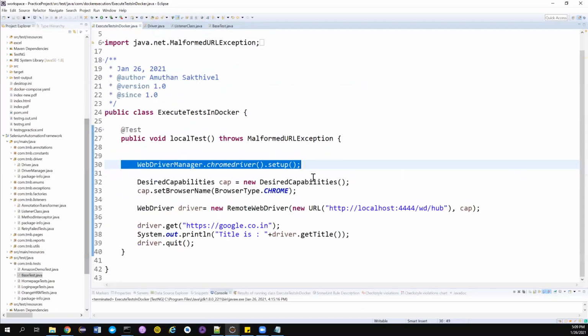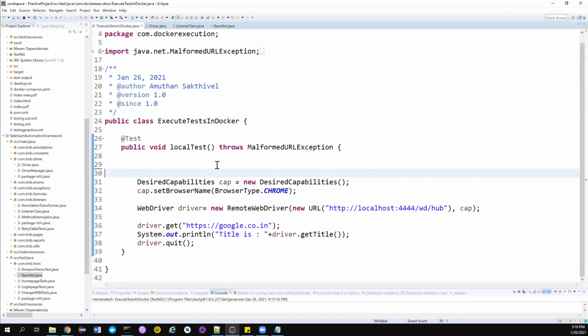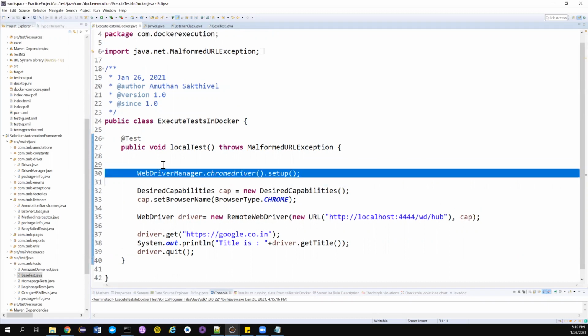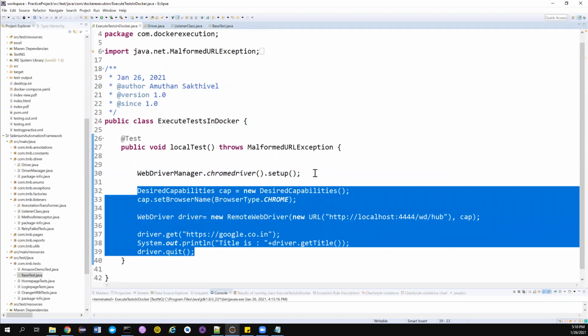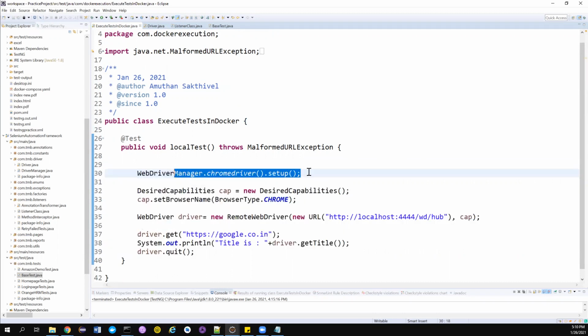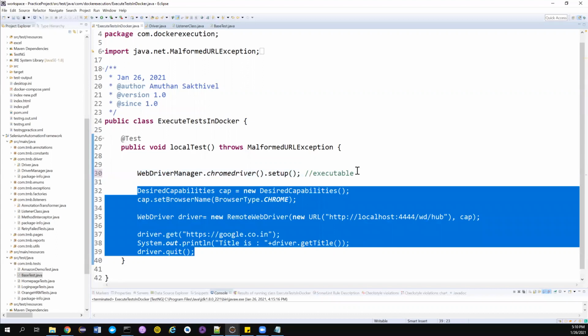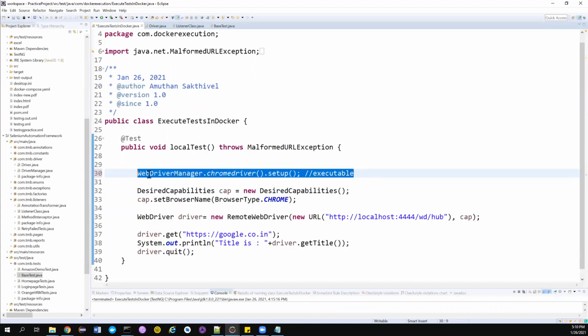And if you notice, this is the code that we have written. Unfortunately, I forgot to remove this. This is not needed. This particular statement is only needed if you are running your Chrome Selenium test on your local machine. It is not needed if you are running it on remote, that too in Docker. We use WebDriver Manager just because we need to handle the executables for this particular browser, right? But in Docker, it will be handled automatically. So you don't need this particular statement. I missed removing this statement.